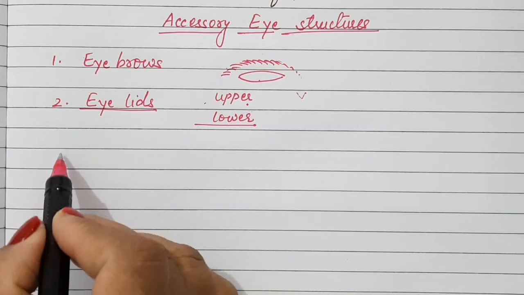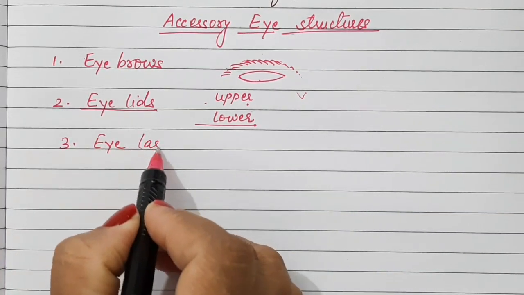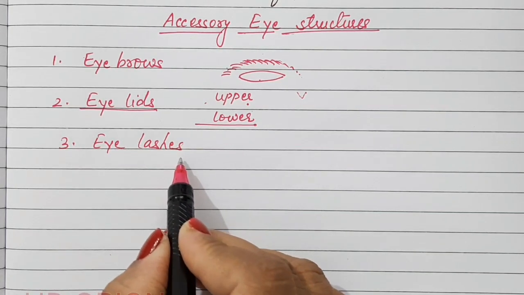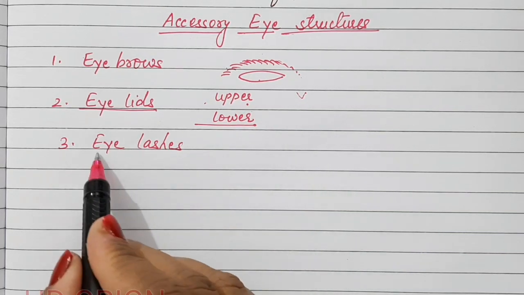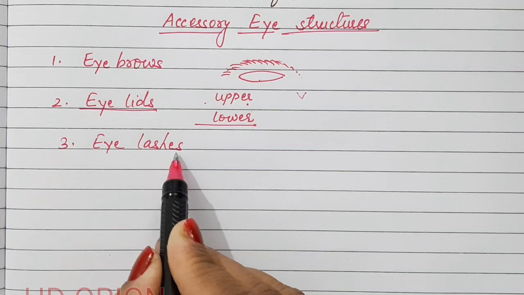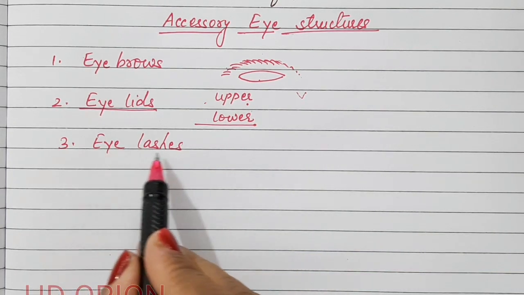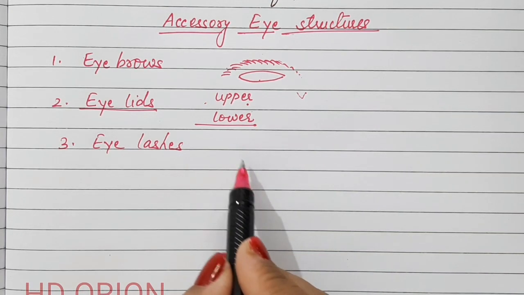The eyelids bear the eyelashes. Eyelashes are hair, and these hair are curved. In both the upper and the lower eyelid, the eyelashes are present, and these eyelashes protect the eye from dust. So if you are moving on a dusty road, the eyelashes get coated with the dirt and they do not allow the dirt to come inside.